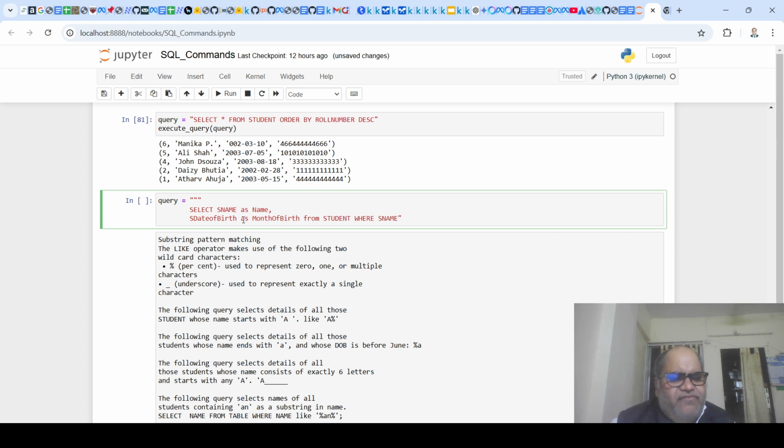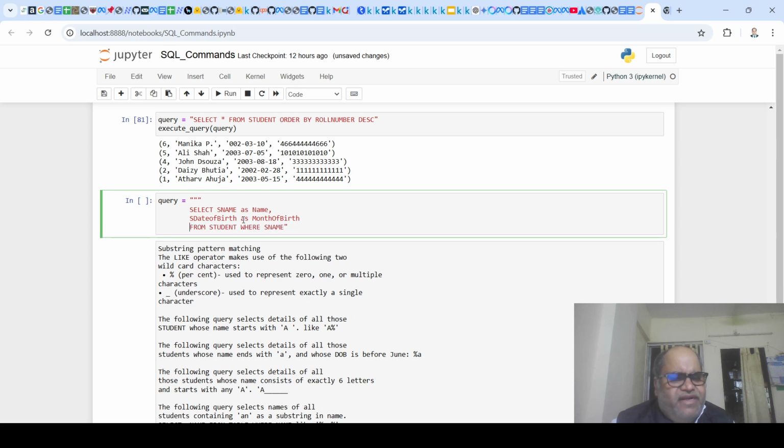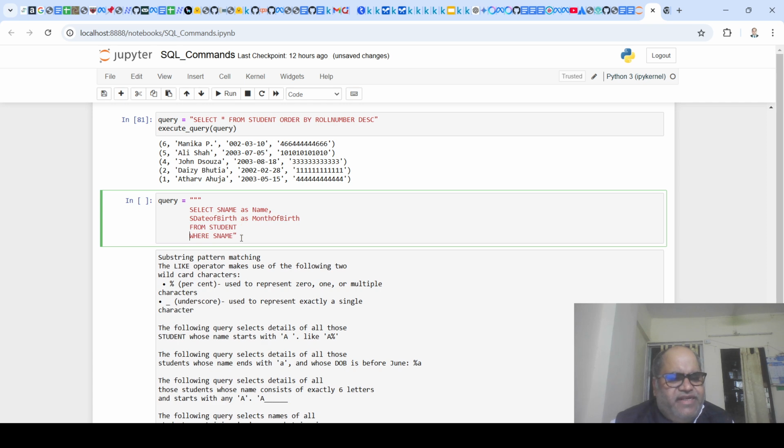Okay, from where? From our student table, right? And what we had were s name, so we are looking for the set of things where our name ends with a. For this, for ends with a, you can actually use percent a, right? Let's just keep this clause and focus on